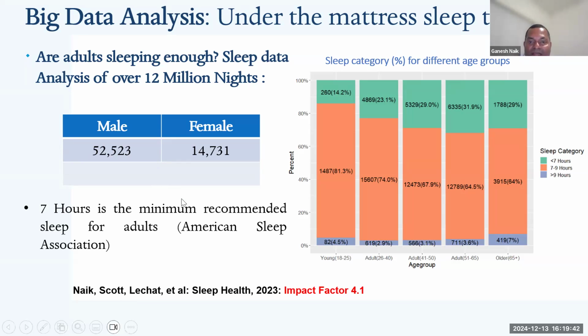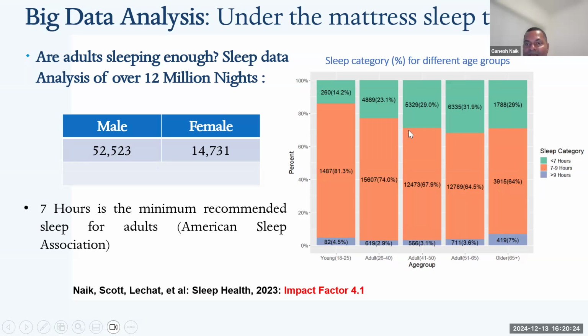So then for our sleep study, as you can see in this figure, we categorized them into different groups: young adults, that means 18 to 25, then the normal adults as 26 to 40, and then adults as 41 to 50, and adults again as 51 to 65, and then the older adults are classified as 65 and above. So these are the groups, and then you can see, based on the sleep, in this